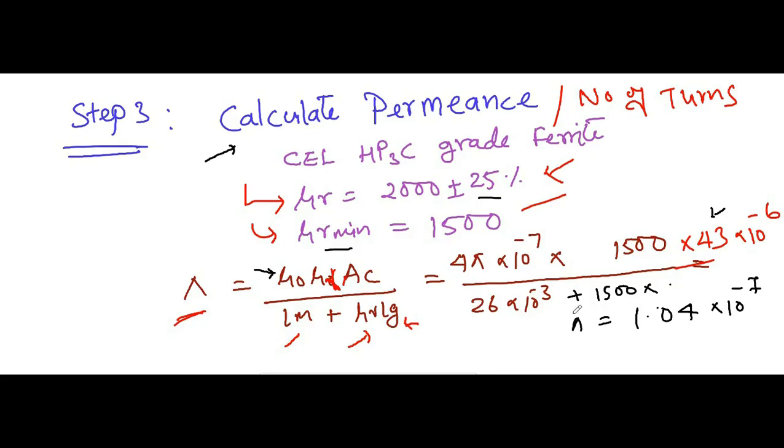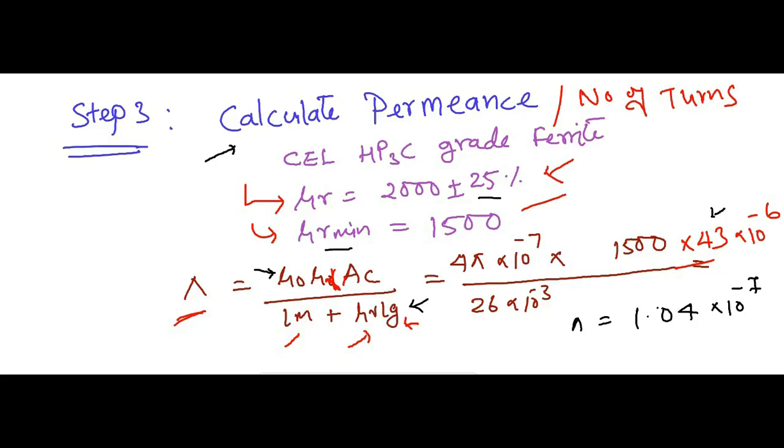So let's ignore the value of mu r Lg. Compared to the magnetic mean path length, the value of mu r Lg is very small, so we can ignore this term for our calculation. But if you want to calculate accurately, you can use it. So I'm going to use now mu naught mu r AC divided by Lm, and if you plug in all